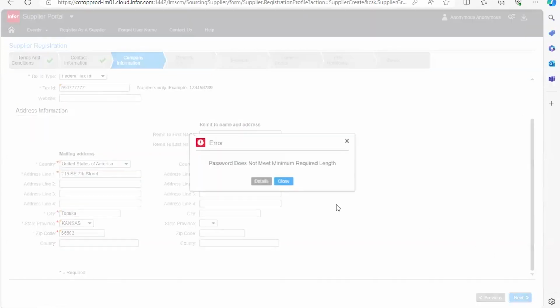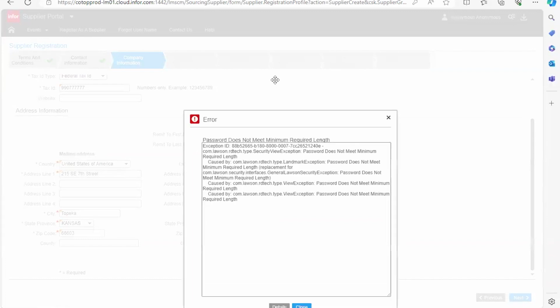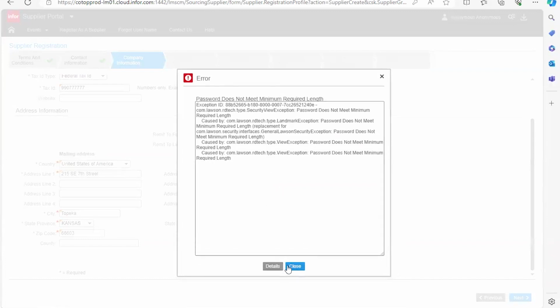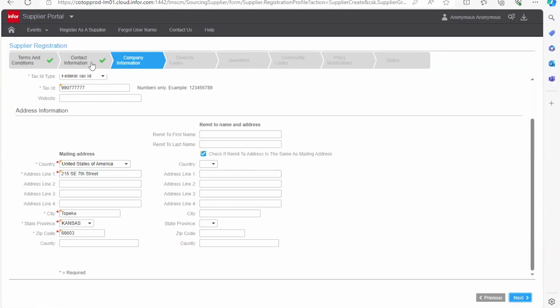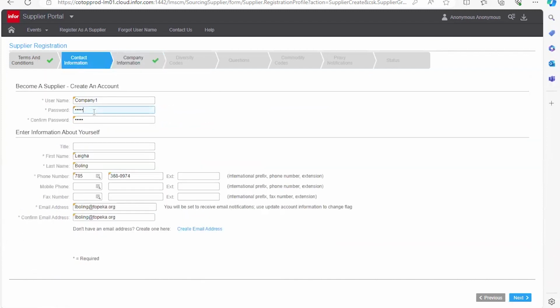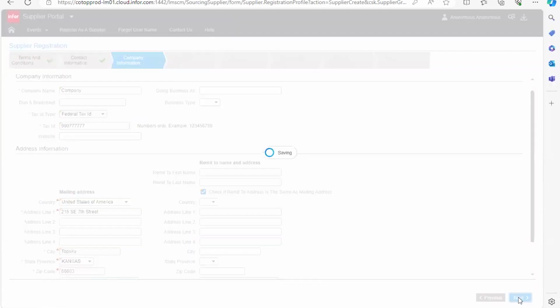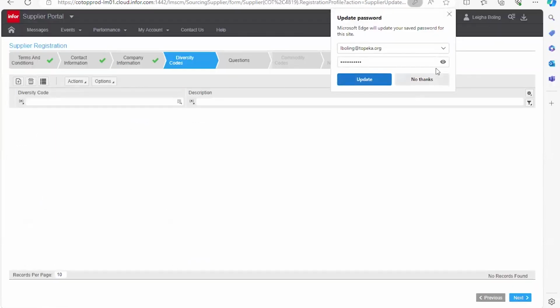Clicking next. My password does not meet the minimum length requirements. Details may or may not indicate additional information to help you resolve the issue. So in order to go back and correct my password length, I will click on contact information and I will update my password. And I will click next and next. And that time it allowed me